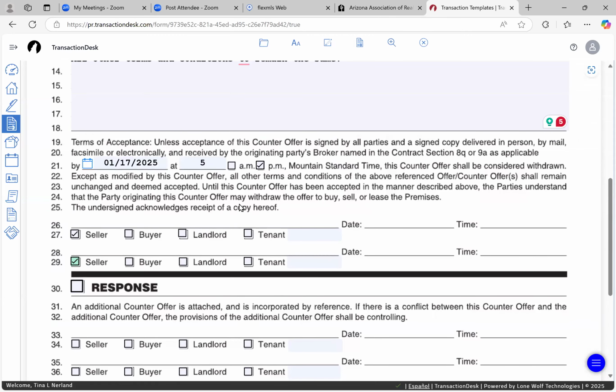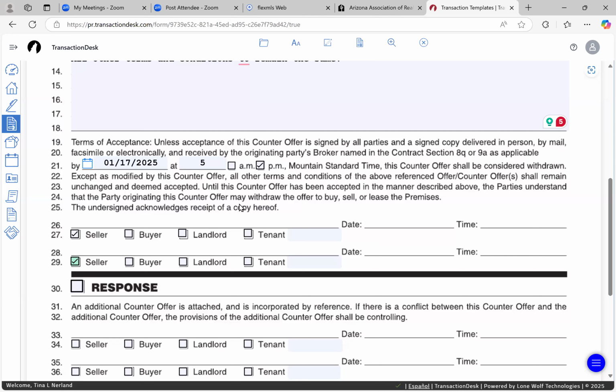So let's say you've got the original purchase contract. You wanted to renegotiate terms on a counter offer. You have to understand that once a counter offer is initiated and sent to the opposing party, the original terms of the purchase contract are null and void until the counter offer is signed and accepted. Hopefully that makes sense, because it is very important to know that once a counter offer is initiated and delivered, you cannot go back and say, oops, so sorry, just kidding. We'll go back and we'll accept the original terms of the offer. You can't do that. You would have to do another counter offer,